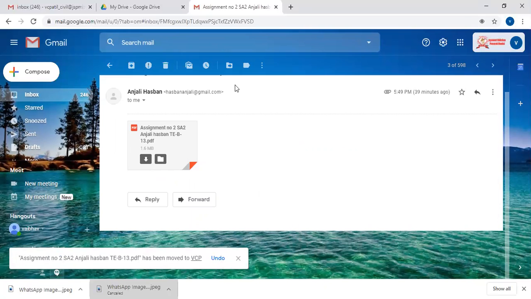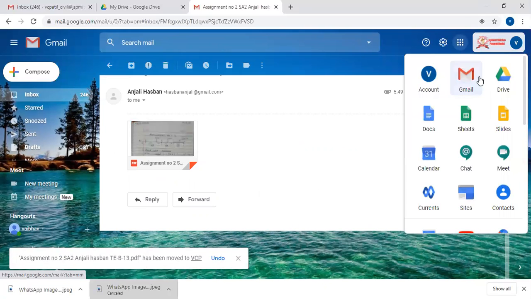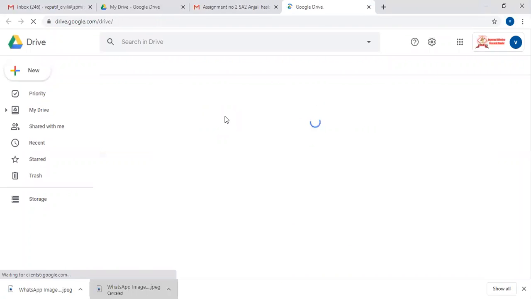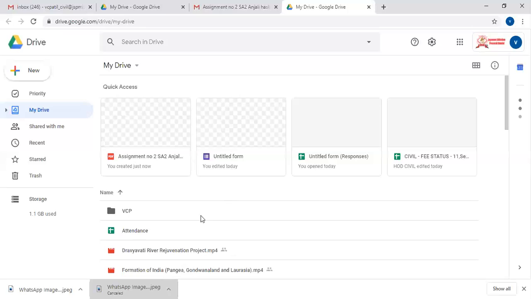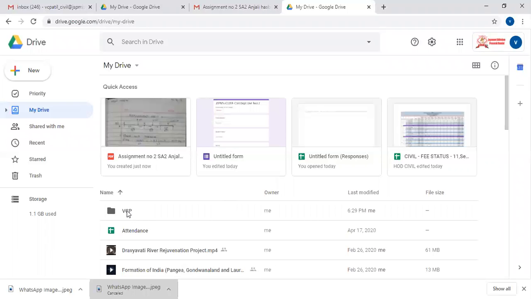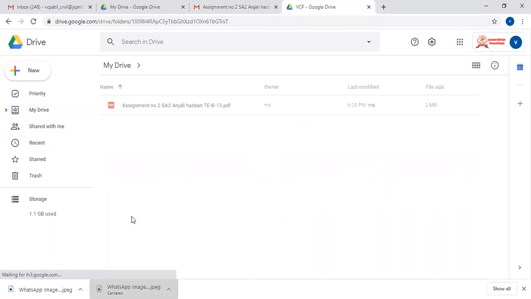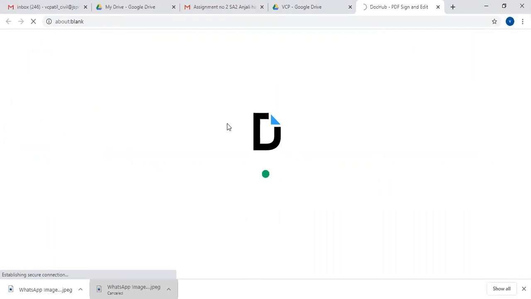Then again go towards the drive, my drive. Here, in the PDF folder, the Anjali Shinde PDF is to be observed. Then open this PDF in the Doc Hub app.